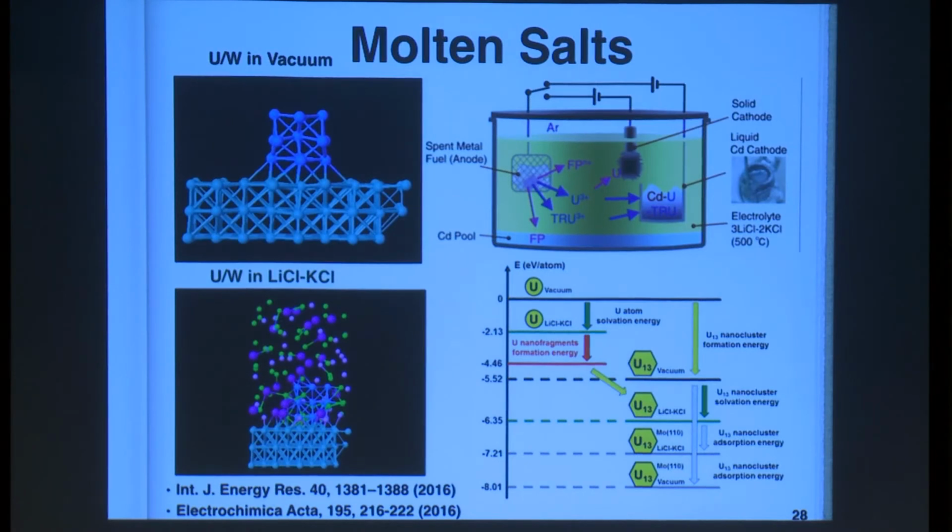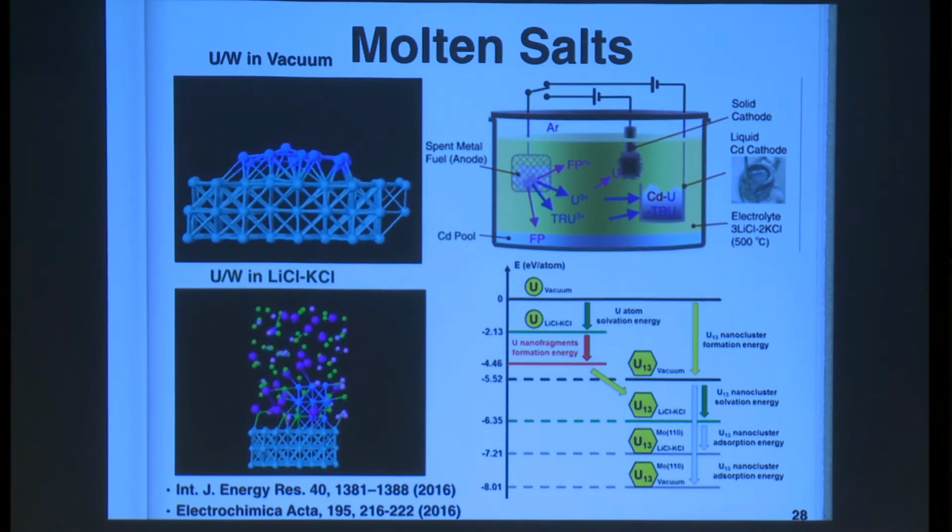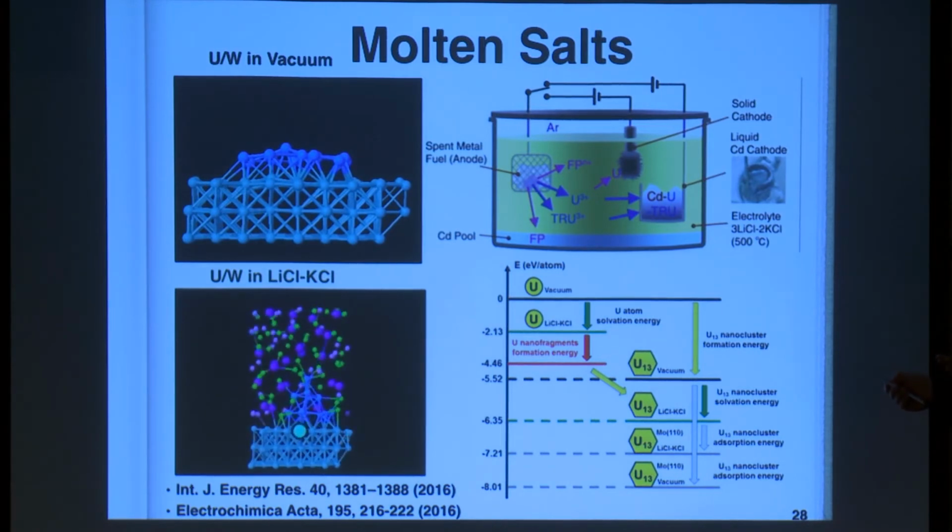I found that for uranium on a tungsten electrode, the nucleation and growth behavior is very different compared to vacuum condition, actually in the chloride-based molten salt. You can see that nucleation and growth here. In vacuum condition, if you apply computations, you can find that uranium can become very flat. But in the molten salt media, uranium cannot form a flat layer structure, but always grows in the dendrite form because of the